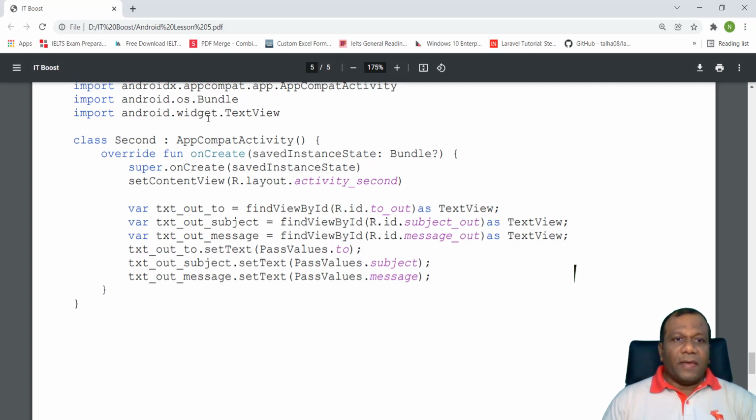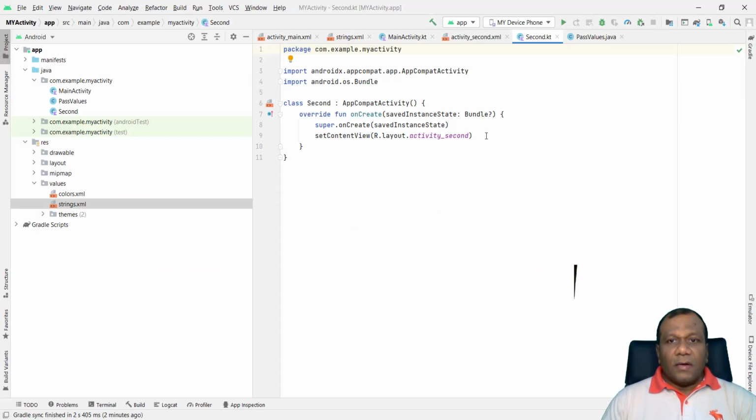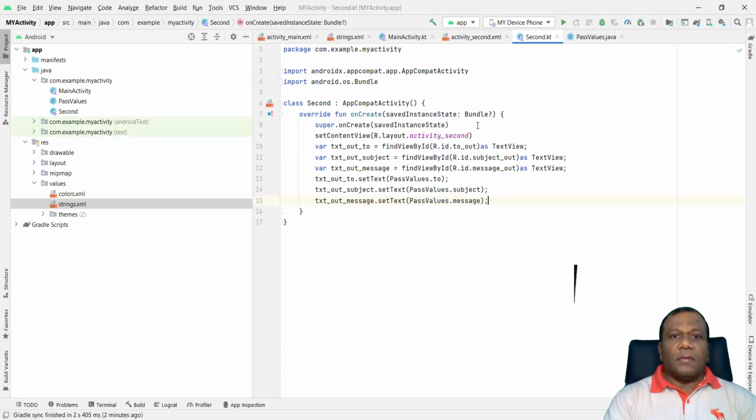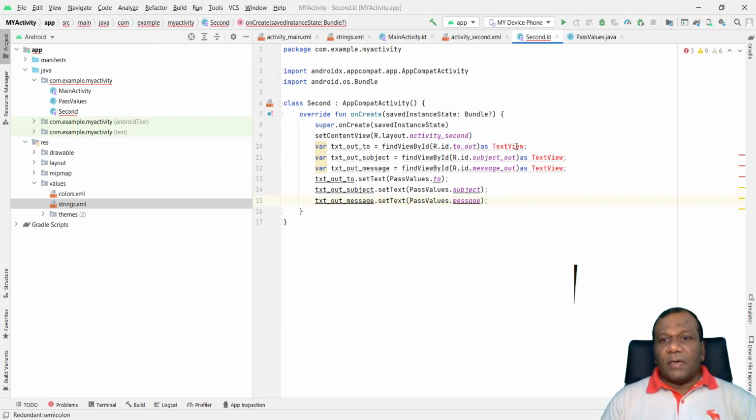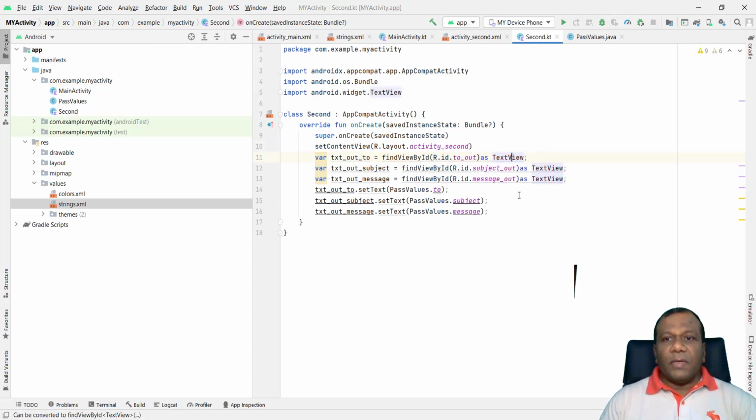So still I can say I didn't import the text view. Right. So we will add the code. Here it's showing the red line because we didn't import the text view. You can import the text view, or you can select on that and on your keyboard press Alt Enter. So it will ask to import, so click import. It will be imported and the error will go off. Now we can run and check our application.